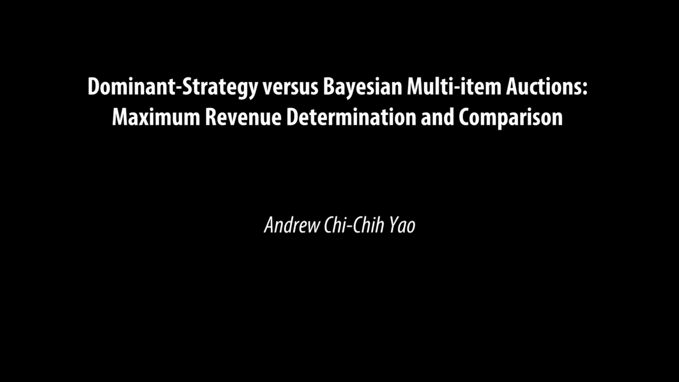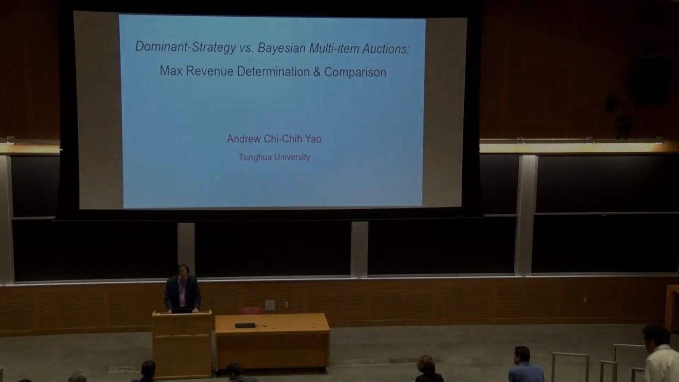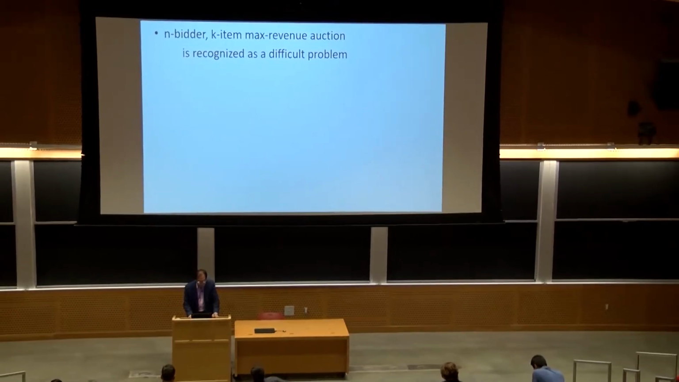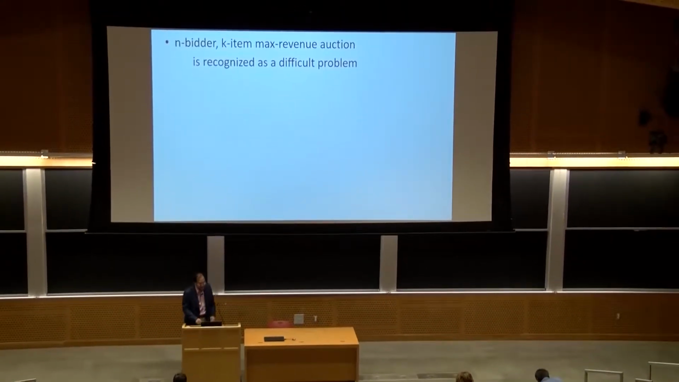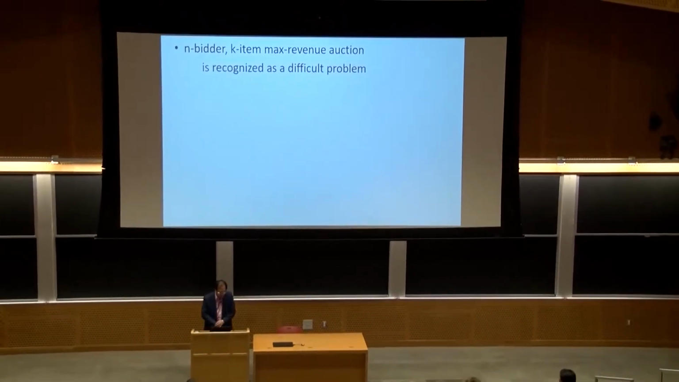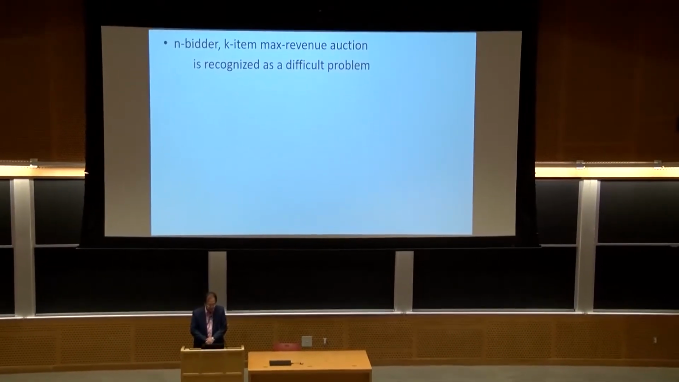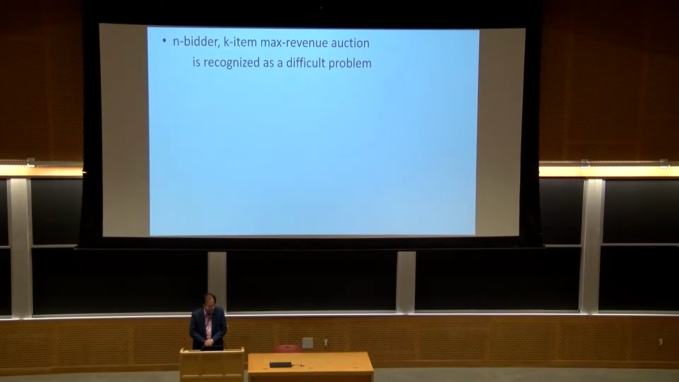Yeah, good morning. The subject for today's talk is about multi-item auctions. And this really is a fairly well-known subject. The classical auction by Bayesian to maximize revenue is for one item and n bidders, and it's a very well solved problem. But when there are k items, then